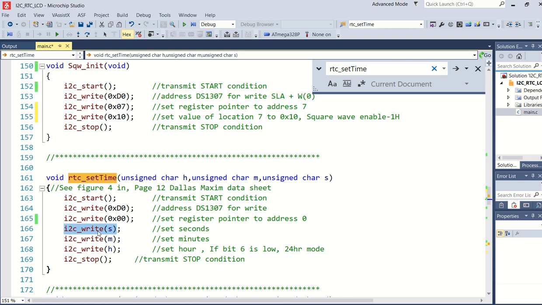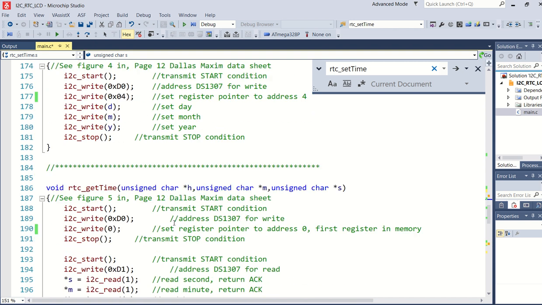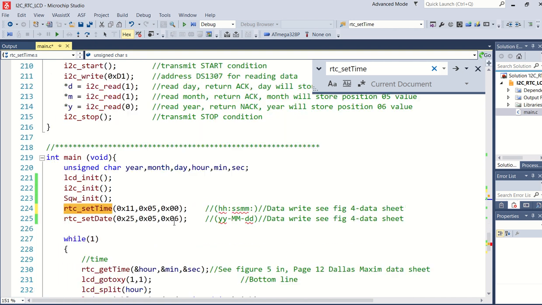So the first thing I'm going to write is the seconds. I've received the seconds, as we've seen from the main program. Let me just go back to the main program. That's the seconds that I've pre-programmed inside this specific program. That's the minutes, and this is the hour.